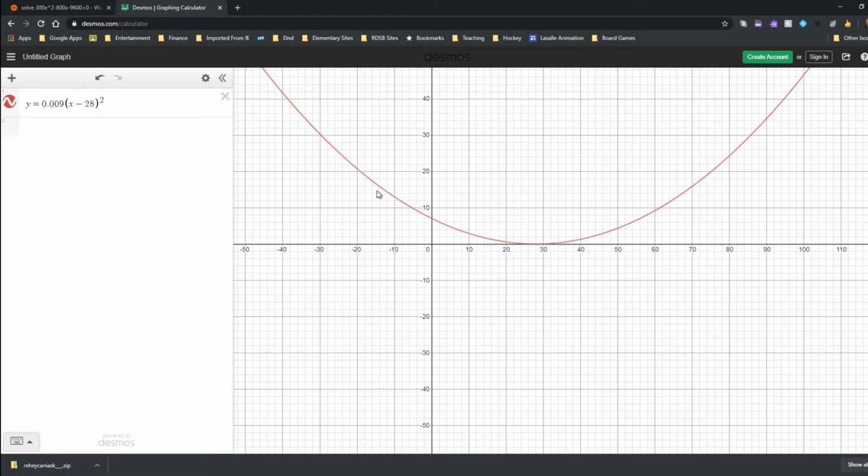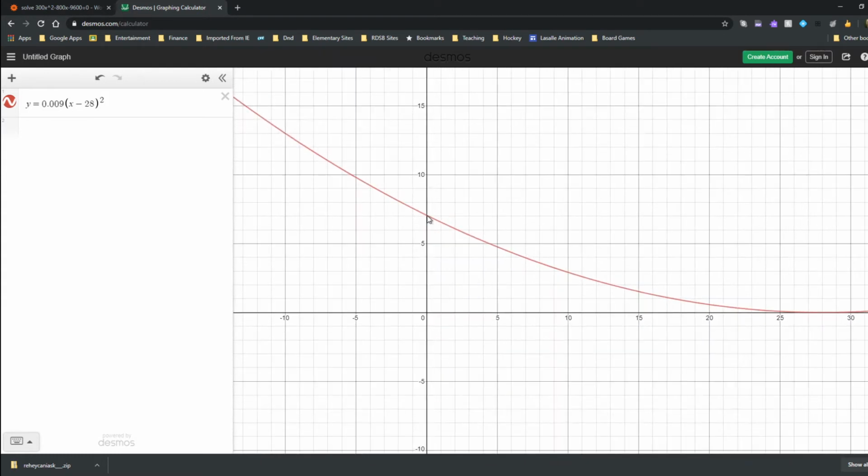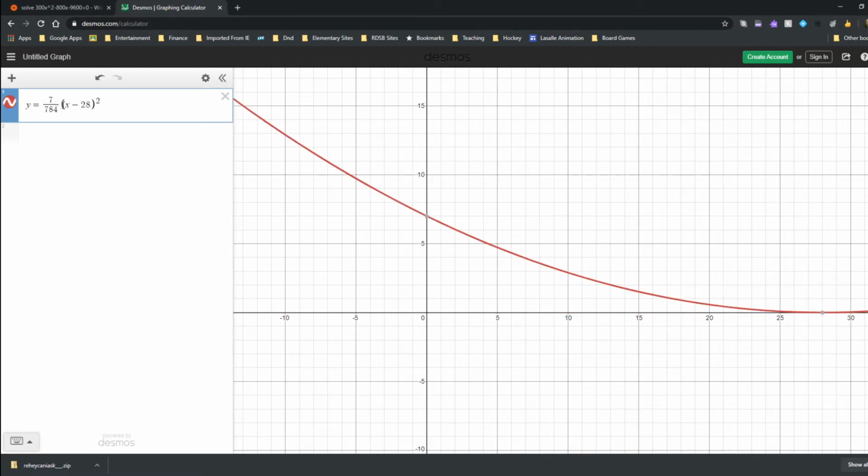Now you'll notice that we have extra pieces here, right? If I zoom into the Y-intercept, see how the Y-intercept is at 0.7? Oh, it's not quite at 0.7. You know why? Because we had to round off that a value a little bit. Let me try this just to show you. This is the issue with rounding. But if I used 7 divided by 784, which was the fraction that gave us that decimal,